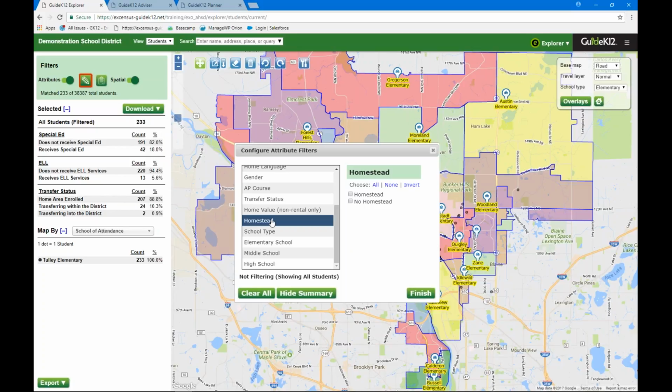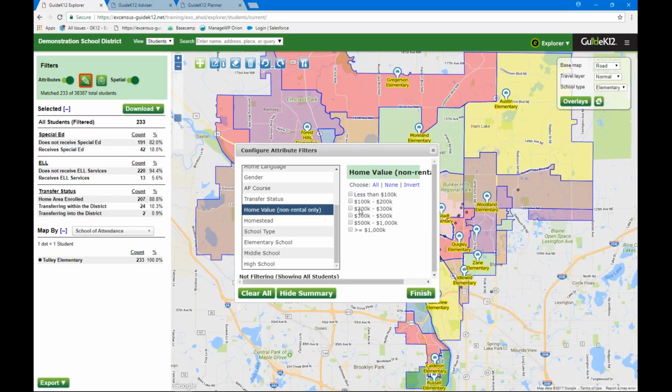It could have other attributes that might be important to your district. And we create a custom link that really cross-references the students with that other data stream, in this case, the parcels. And we're able to attach the attributes from the other data stream so that we can filter students by that attribute. So if we wanted to go in here and filter students